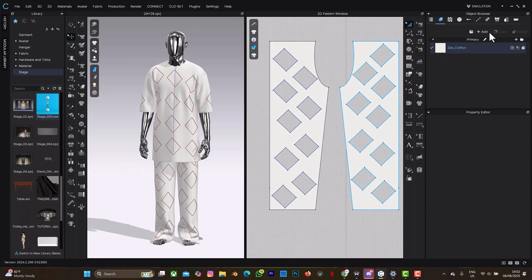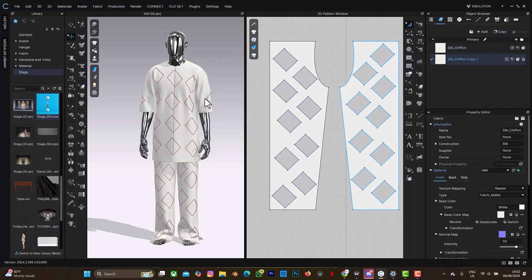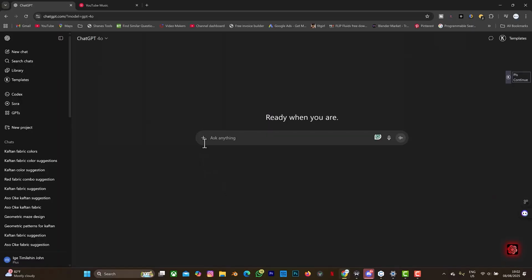So I'm just going to select this and create a copy. Let me simulate so that everything can relax. So okay, it's on. So it looks good. So I'll go to ChatGPT. I'll just tell it to suggest